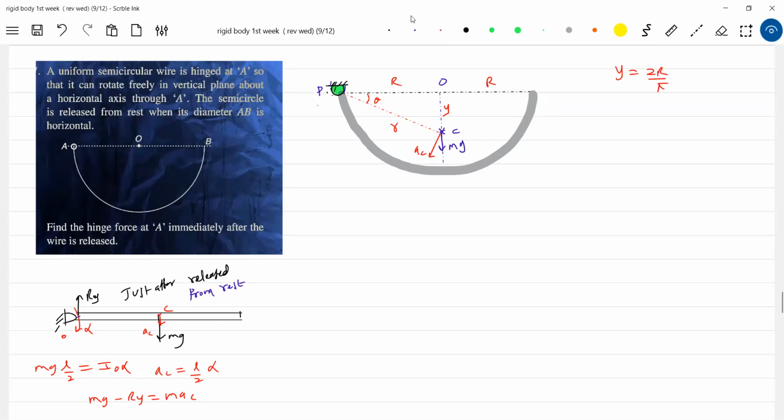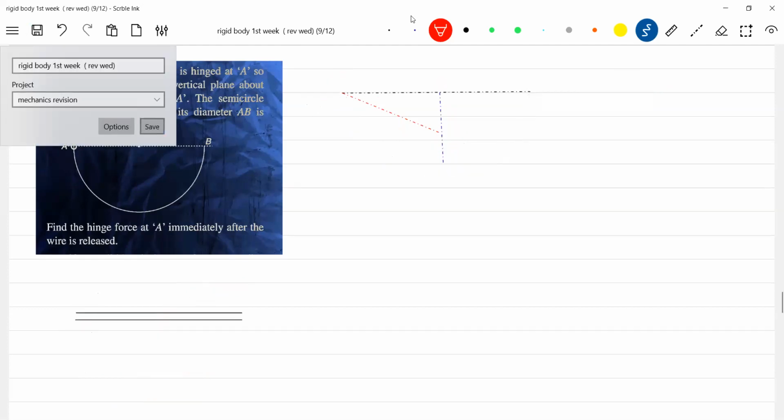Now you see that there is a component of acceleration of the center of mass along the x-axis. So there should be reaction. So there'll be reaction mg into root of 1 by 4 plus 1 by pi square. Okay, then yeah, that will be correct. NX and NY will be there. That will be correct here.